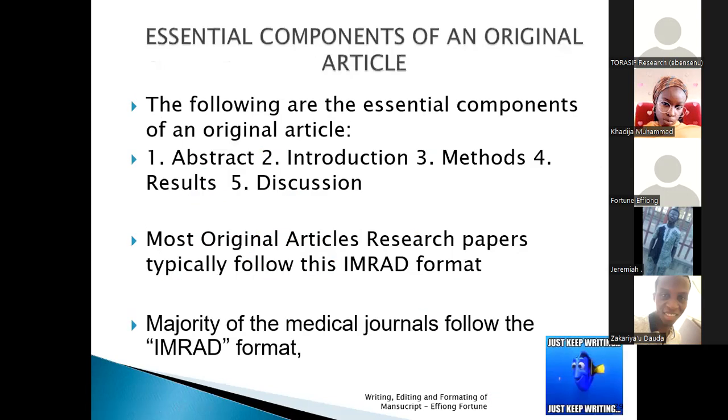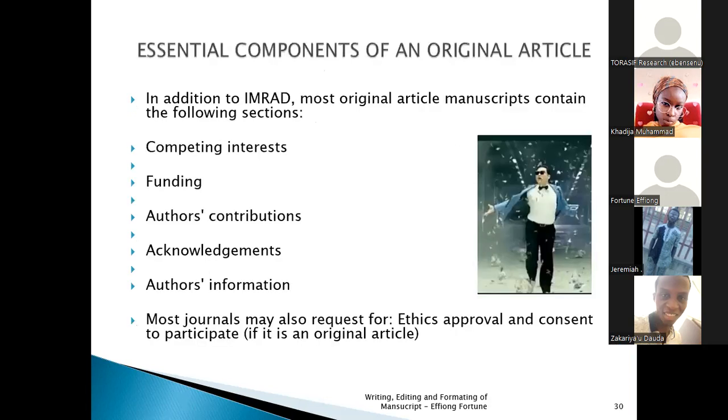So these are the essential components of an original article. The abstract is a short version of your work, like a summary, mostly 250 words, 300 words. Then introduction, method, result, and discussion. The abbreviation is IMRAD, excluding the abstract. IMRAD stands for Introduction, Methodology, Result, and Discussion. Now, apart from IMRAD, other components of an original article include